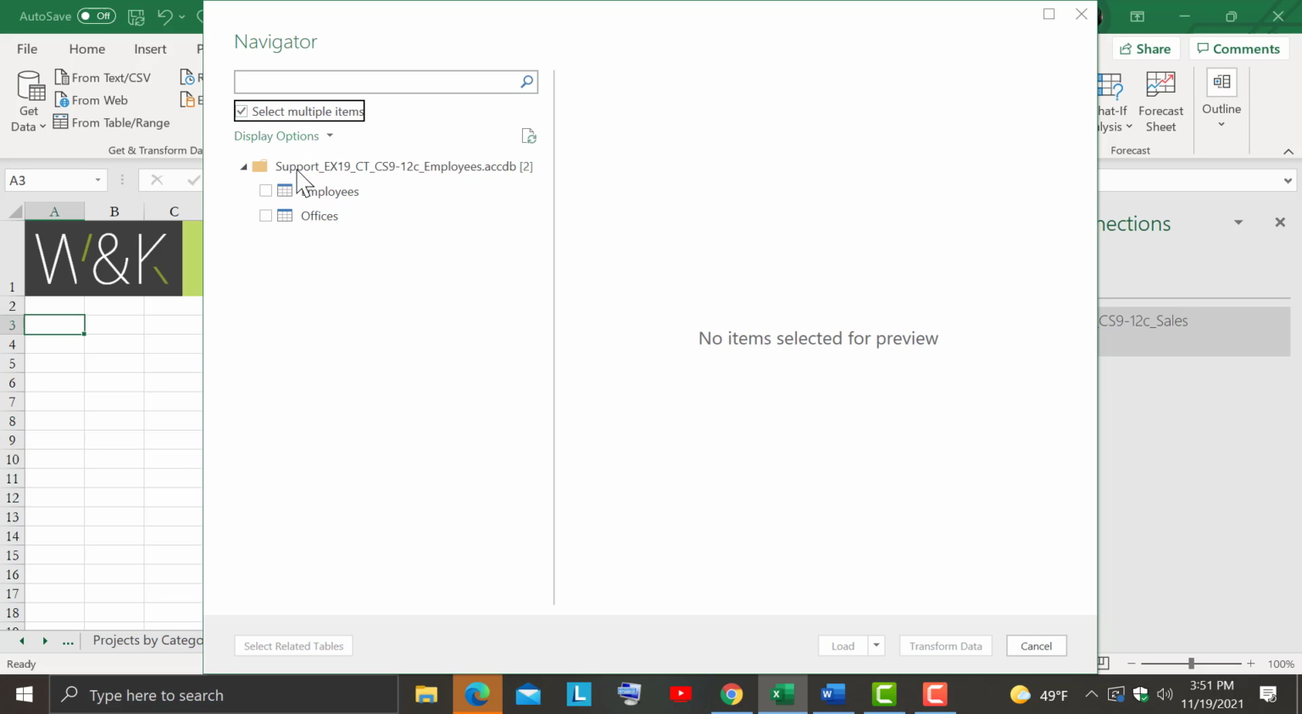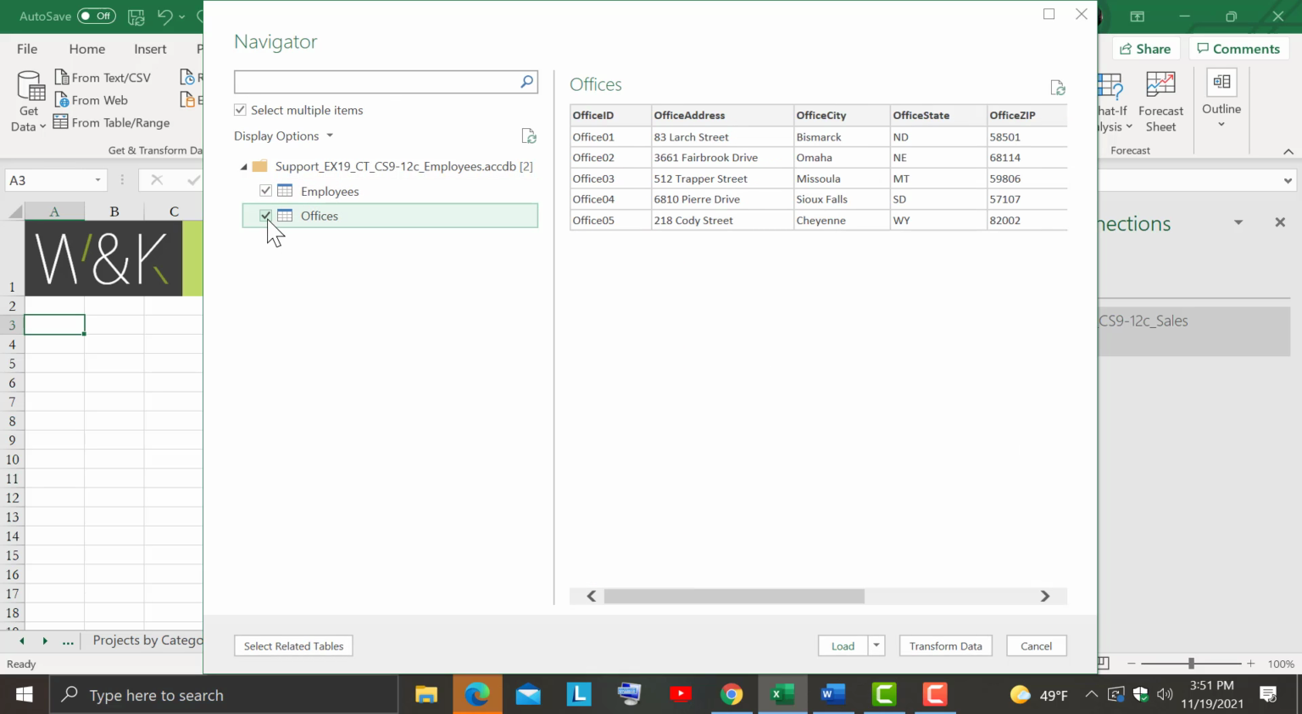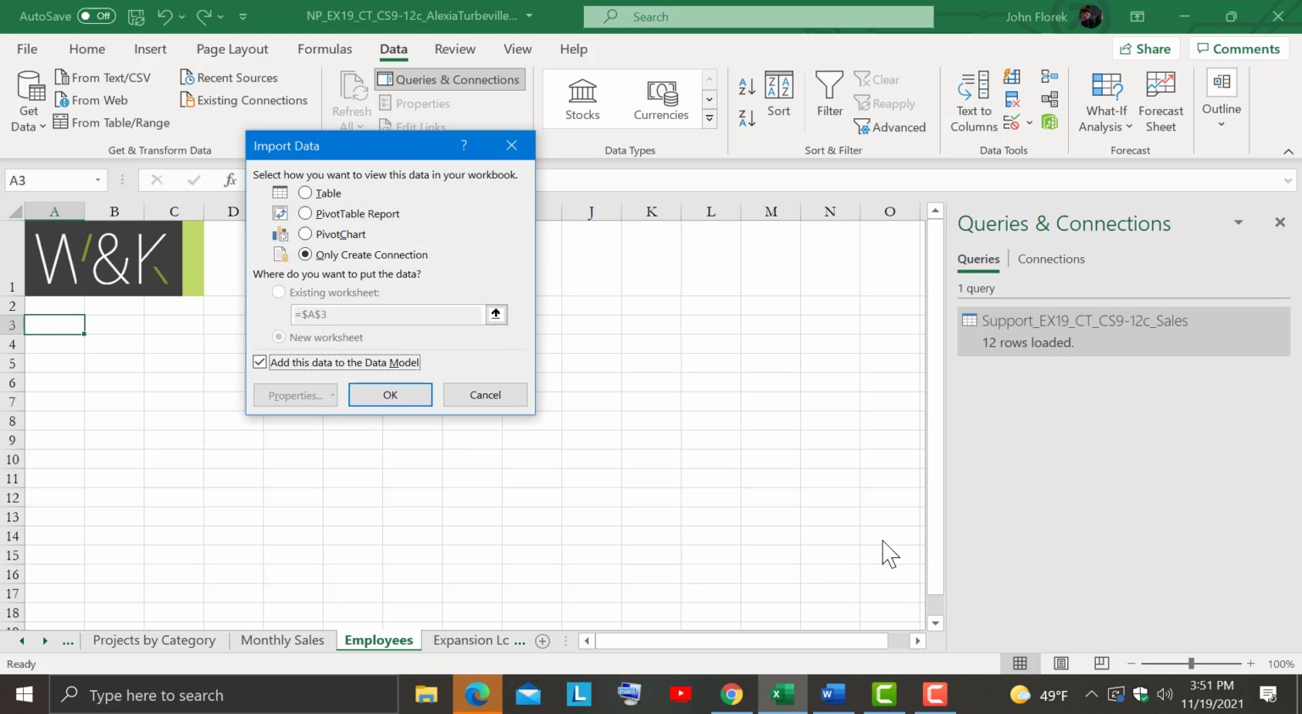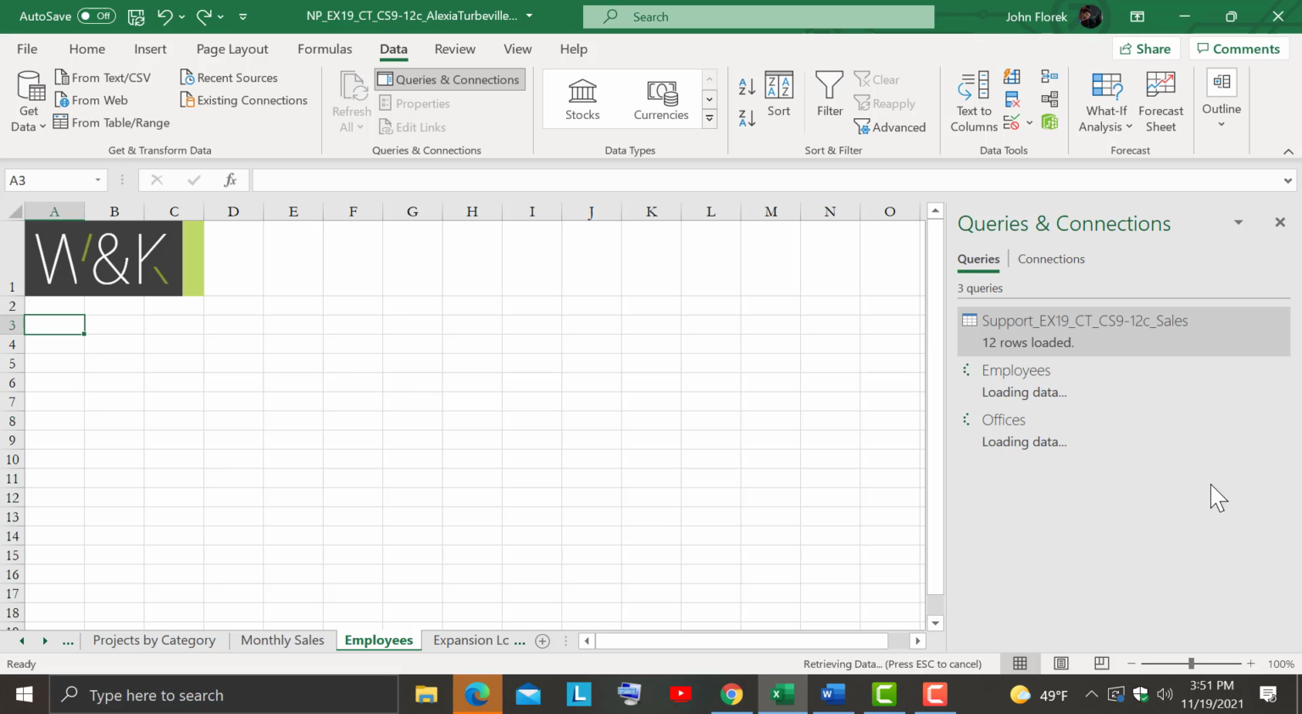And I'm going to go ahead and manually connect both of those tables. And I'm going to load it as only create connection, because that's what he wanted. He doesn't want to load the data, or she. And so we will say, okay. And then you'll see here in queries and connections,